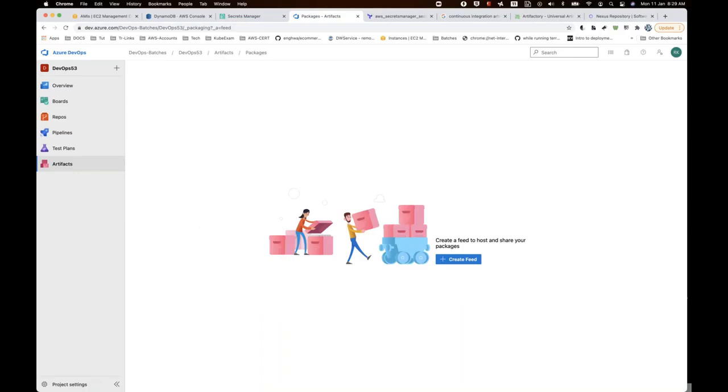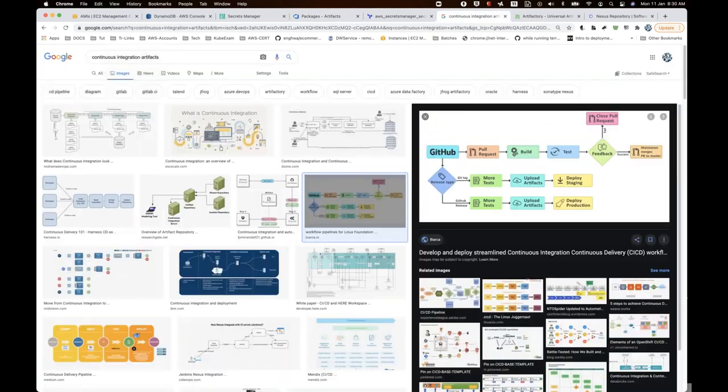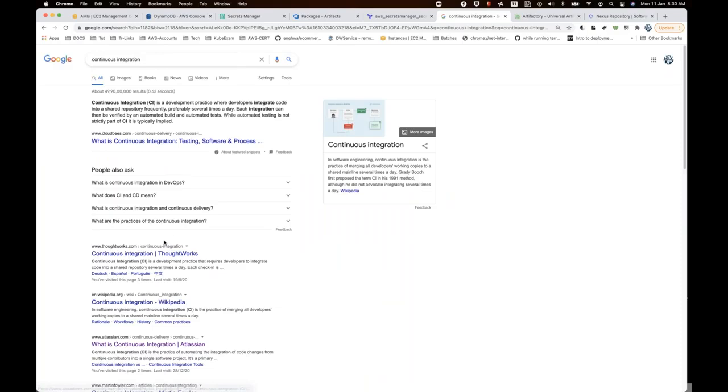That's it. Now, who published this particular artifacts? My CI pipeline will publish the artifacts. Okay, that's what the continuous integration is telling you, right? So now if I go and look into more of continuous integration, so